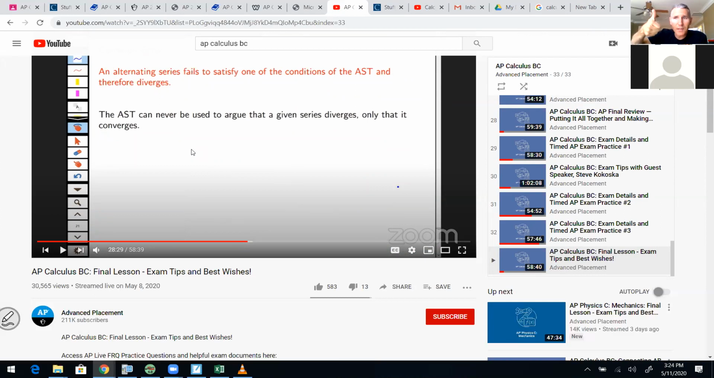Then, if it alternates, and if a sub n plus 1 is less than a sub n, meaning that the terms are decreasing in value, the non-alternating parts are decreasing in value, and if the limit as n approaches infinity of a sub n goes to 0, then you know that the series will converge, right? But he says you cannot use